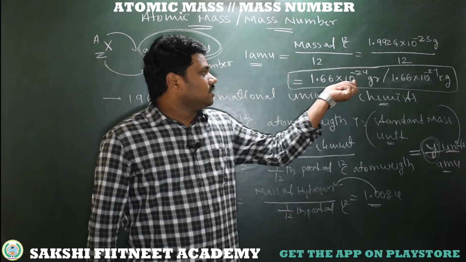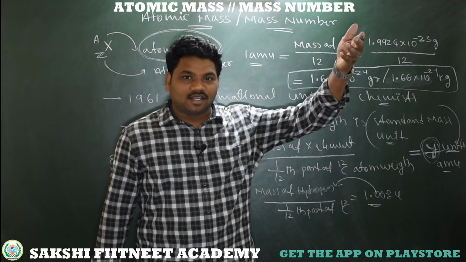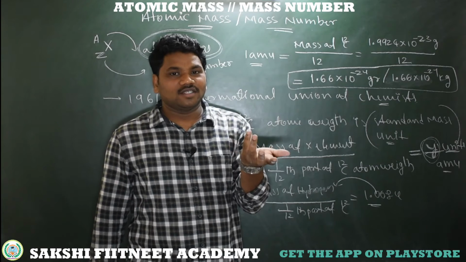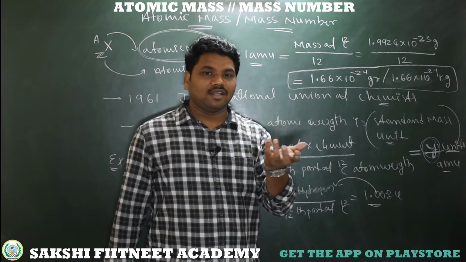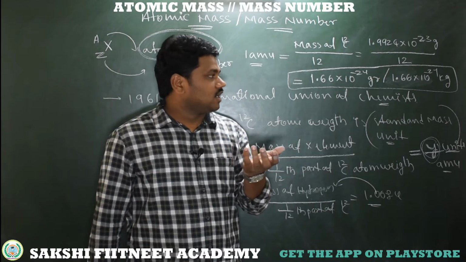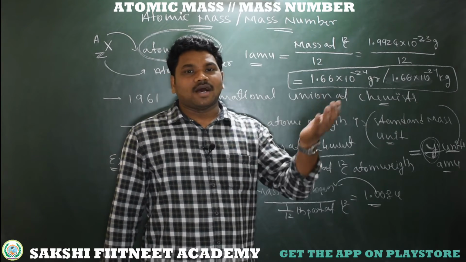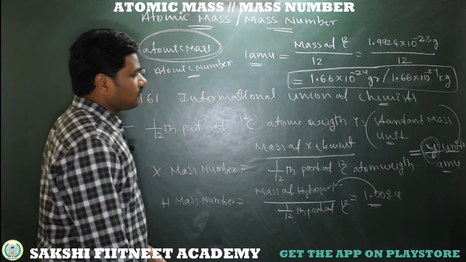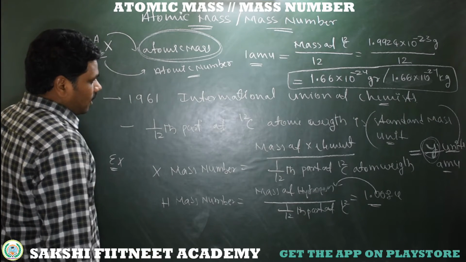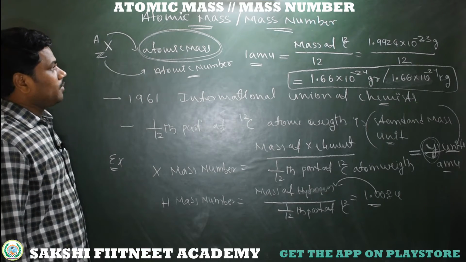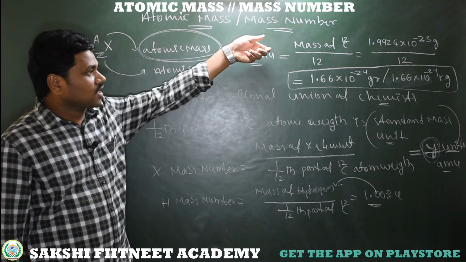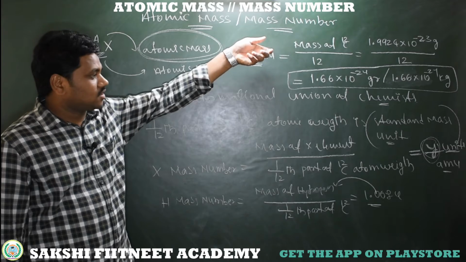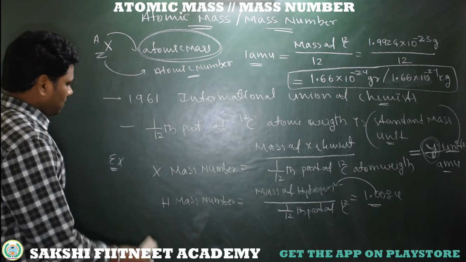So when we compare this value with the weight of another atom, we will obviously get a particular number. It may be a simple integer or fractional, and that is called the mass number of the element. So I hope you understand well what the atomic mass number is, and how we calculate that atomic mass number. Let me explain some examples.